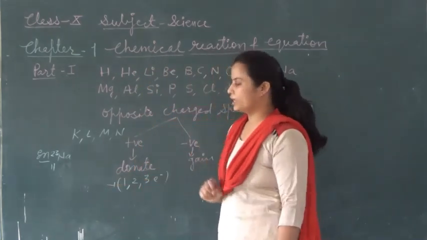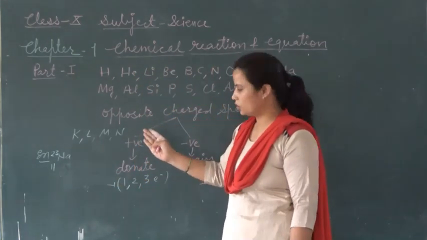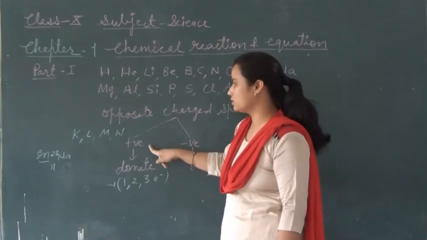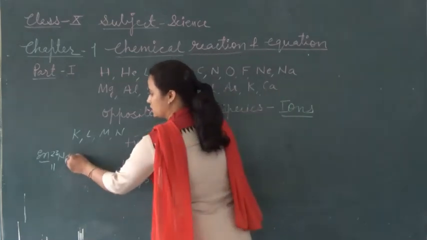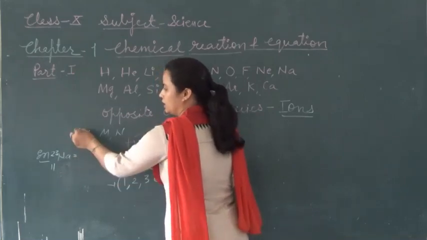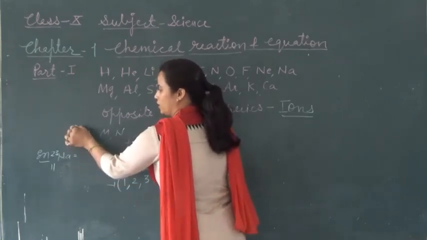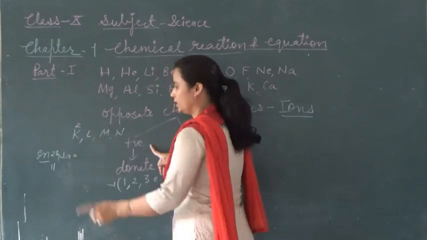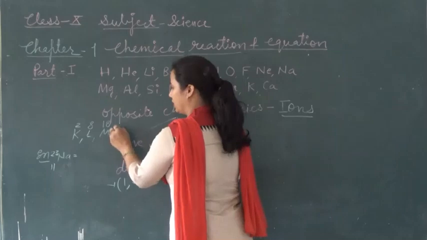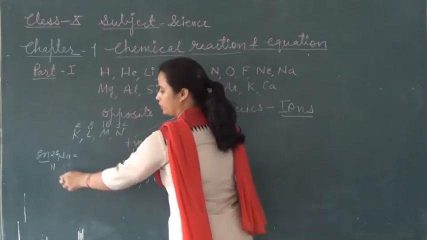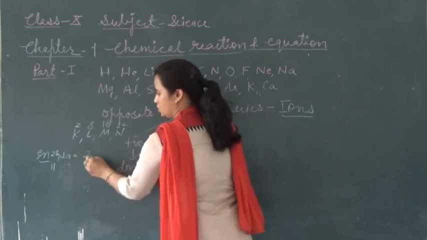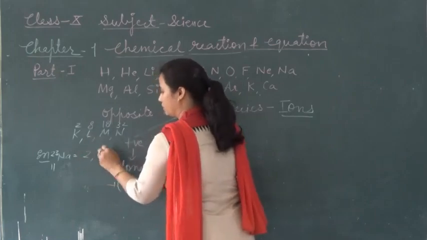Now we distribute the 11 electrons in shells, because I told you about how an atom donates an electron and carries a positive charge. The 11 electrons are distributed in the K, L and M shells. We know the electron capacity of K is 2, in L it is 8, in M 18 and in N 32. Now we distribute the 11 electrons. First 2 go to the K shell, then 8, and the remaining one is 1.